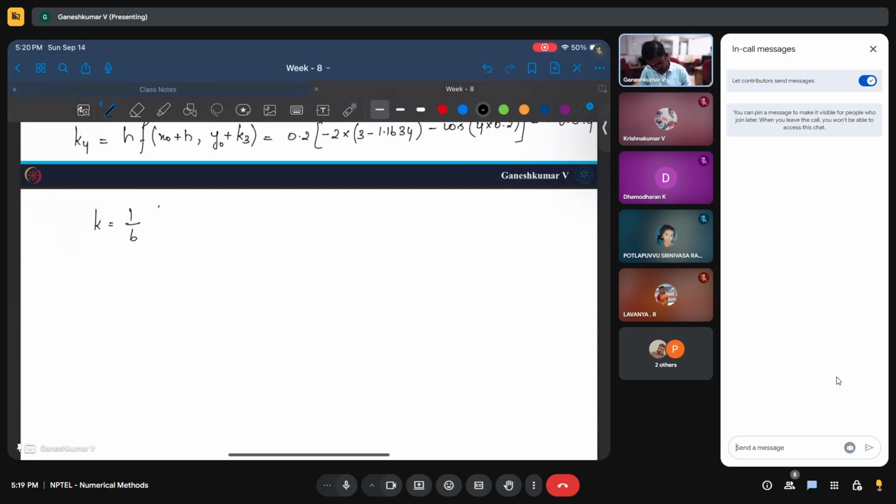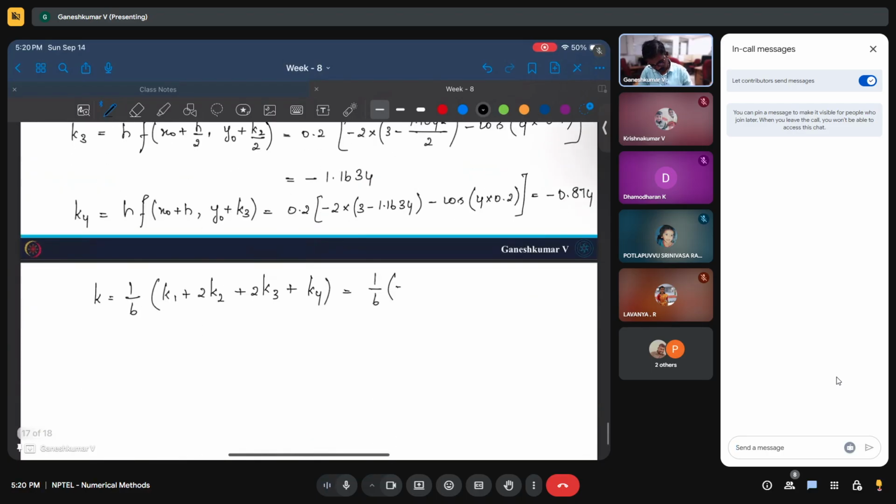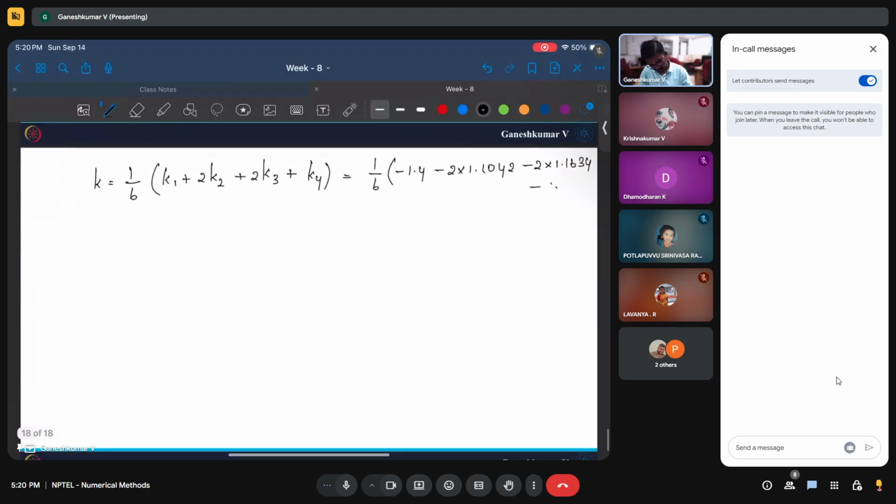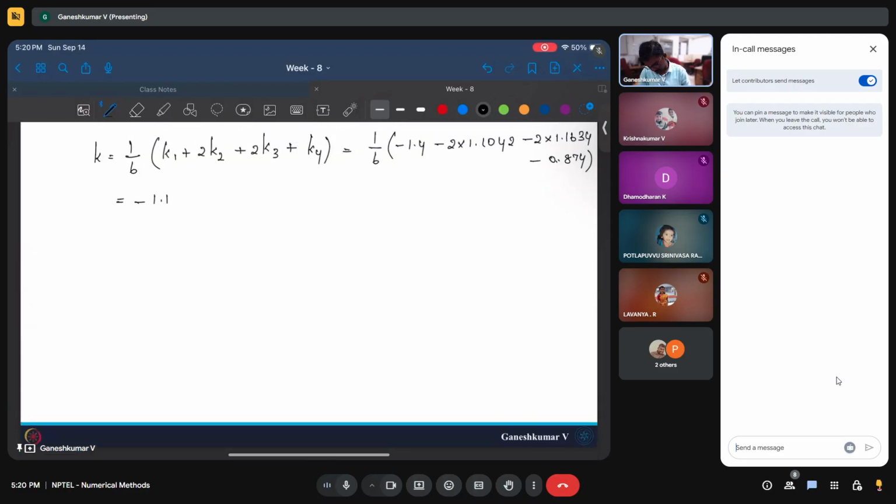K is 1 by 6, k1 plus 2 k2 plus 2 k3 plus k4, which is around 1 by 6 into minus 1.4 minus 2 into 1.1042 minus 2 into 1.1634 minus 0.87. So k is around minus 1.13486,